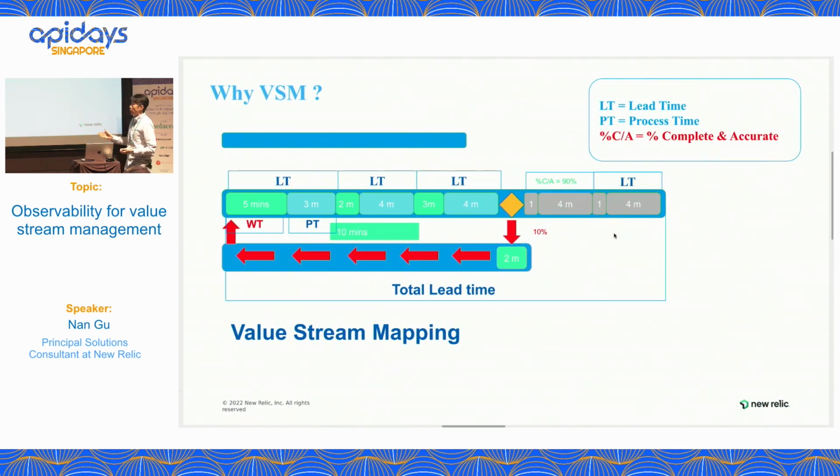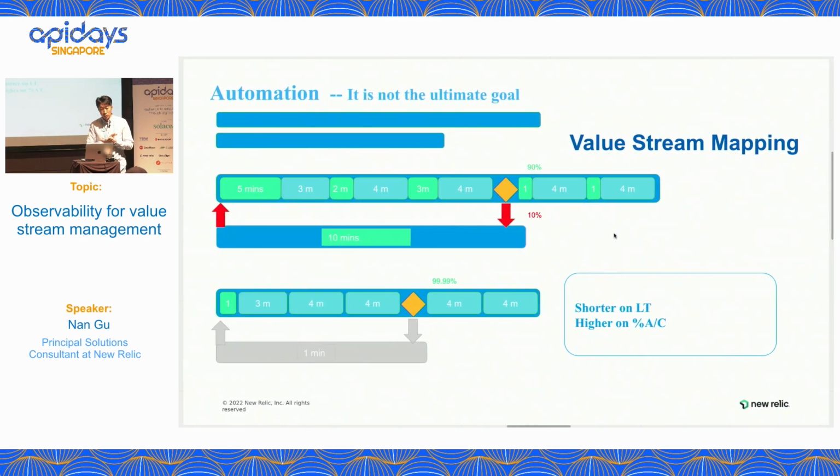Of course, if I see the doctor and the doctor gives me a wrong decision, I get worse. So I have to come back again, which causes additional time to be wasted. So we're not just saying get quick. We're saying complete accurately in shortened time. That is why we say we need to use value stream mapping in our IT world, into our life, and then we can use this to talk to the boss, right? It's not just talking about automation, because even with automation, you may waste time.